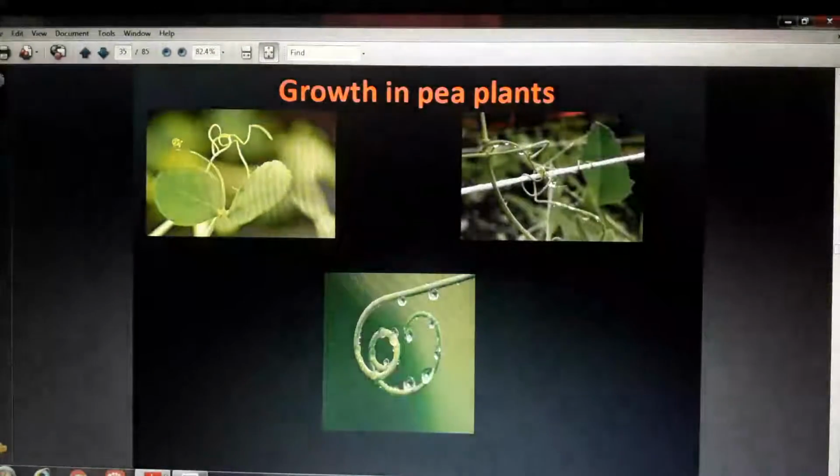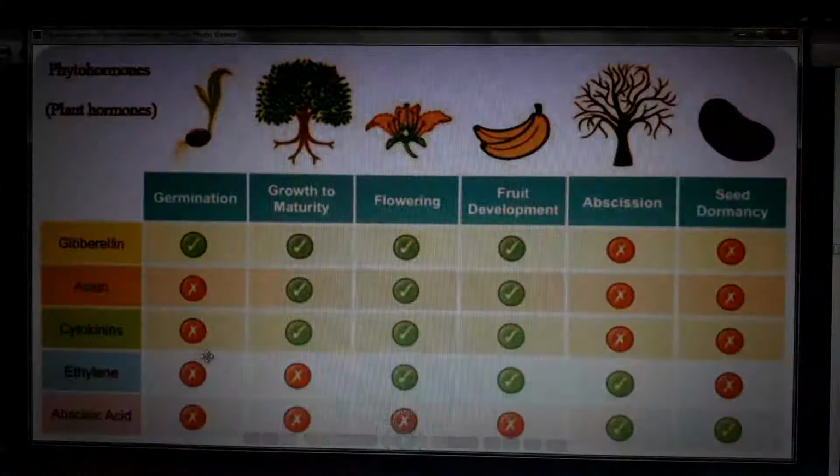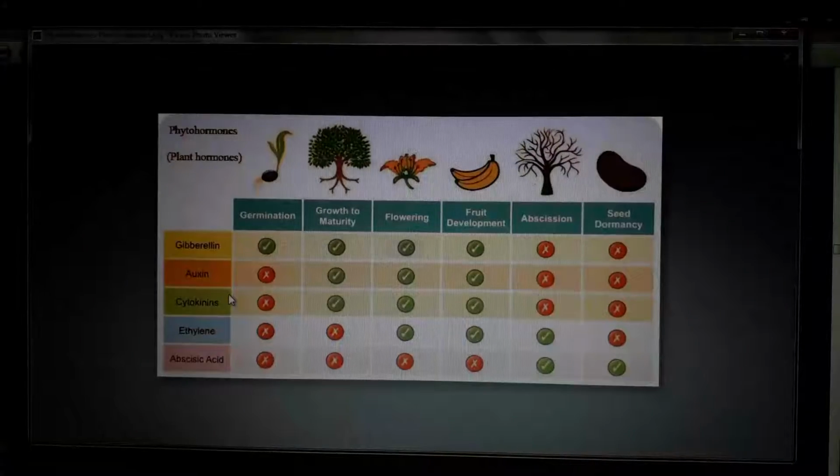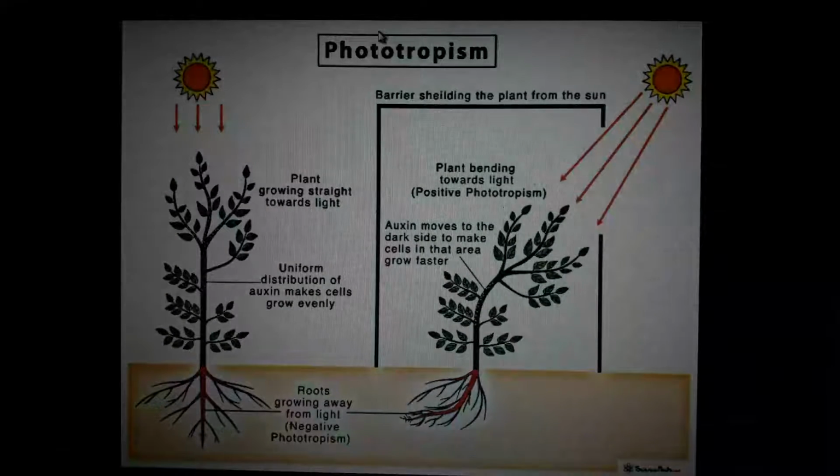See, another picture I have for that. Sorry, not this one. So in this picture you can see what is phototropism. Okay, let it be full screen. Fine. So this picture shows the different types of movements in plants we want to study. Control and coordination. First one is phototropism. Next one is hydrotropism, geotropism, and one more is something chemical. 4 types of movements. So the first one is phototropism.